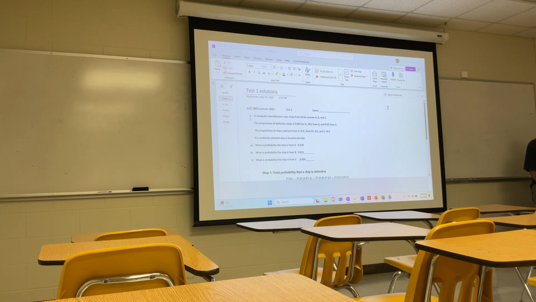If a randomly selected chip is found to be bad, what's the probability it's from A? Now the way you always do this is, this is Bayes' theorem, first you have to find the probability that a chip's gonna be bad if you randomly select from any of them. Does everybody follow the thoughts on this? So down here,